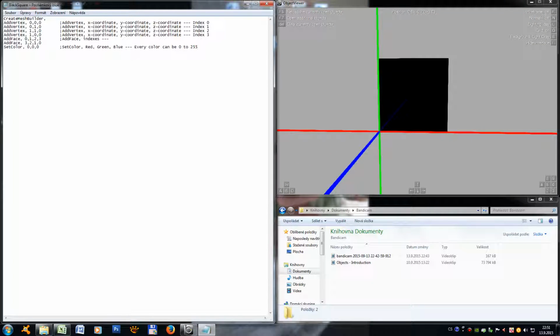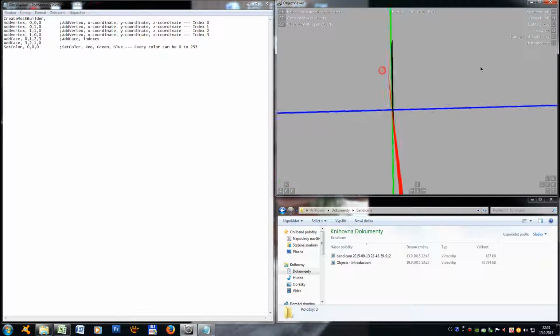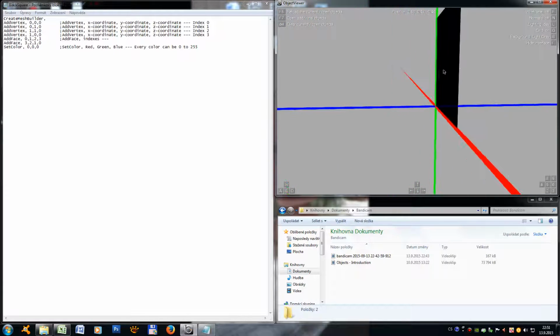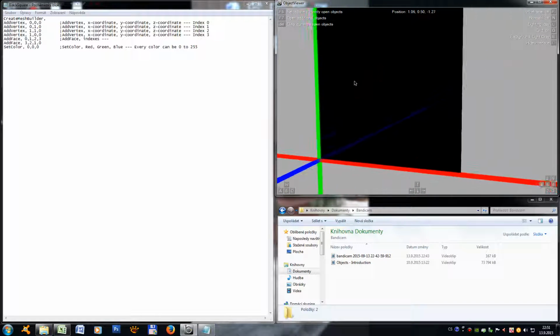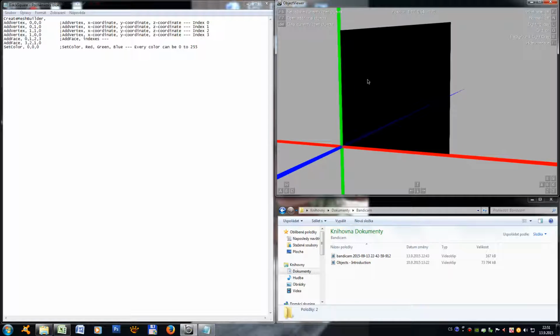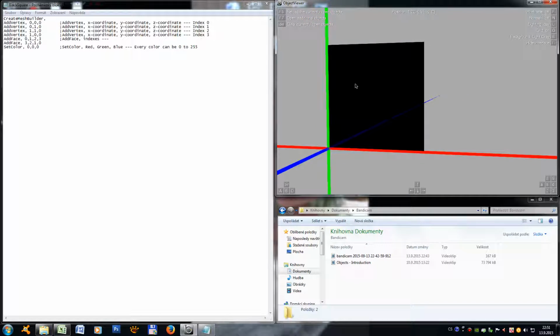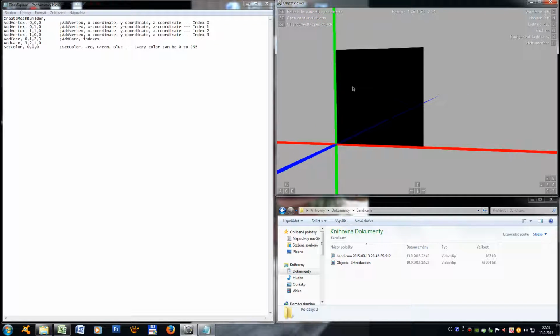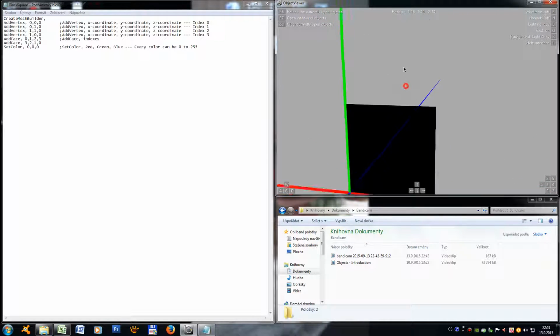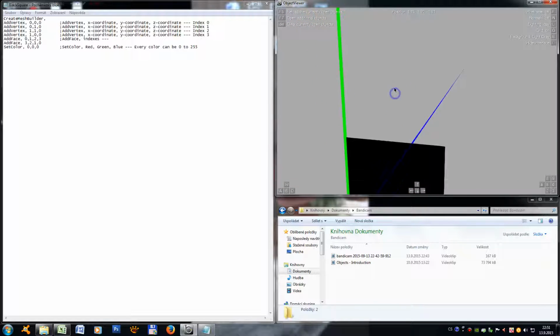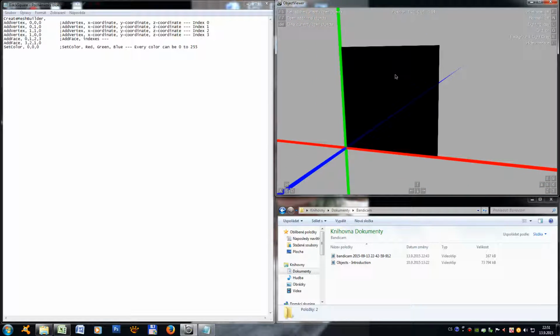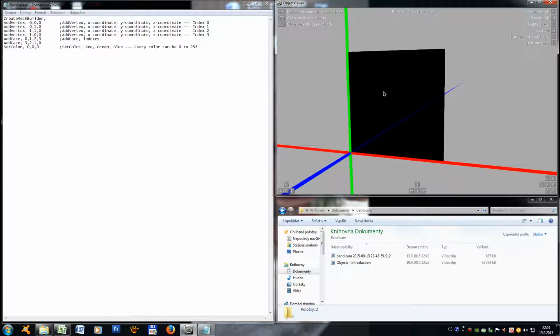So so far we've got a black rectangle that's for now displayed from both sides. It's still a 2D object, as you can see, and therefore we'd probably like to make it 3D today, won't we? So we'll try to create the top side of the rectangle, or what will later be a cube. So we can use basically the same commands. However, we have to employ our